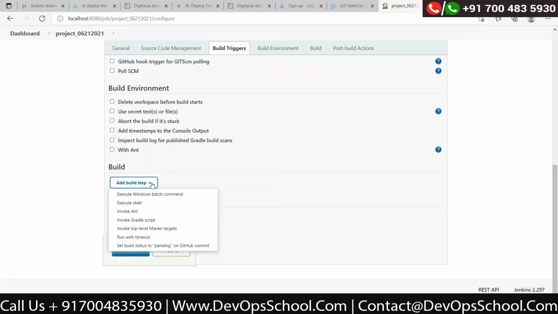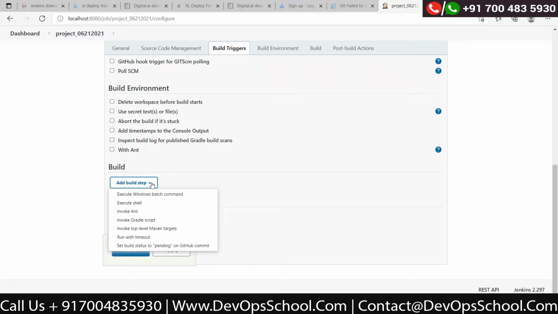Many people are more comfortable and still using Maven. So you can run the Maven command or you can run the Gradle command. Gradle is slightly more advanced than Maven. Gradle takes some of the good things from Maven and some of the good things from Ant, so that's a mix of both. But still, most of the applications are using Maven, and once you're going to run Maven, I hope in your application you are using Maven, if I'm not wrong.